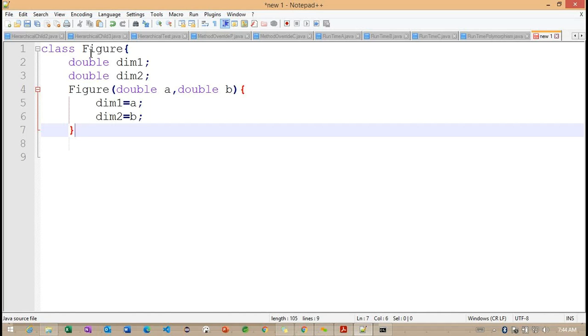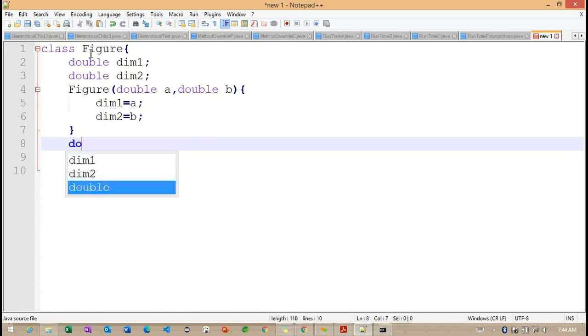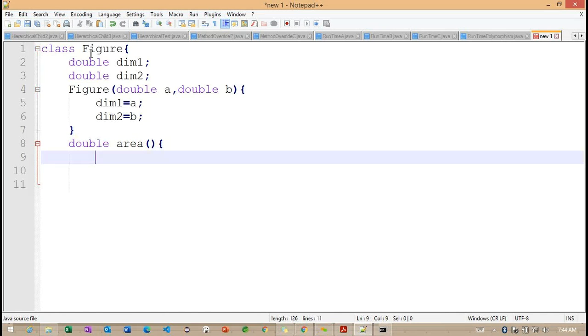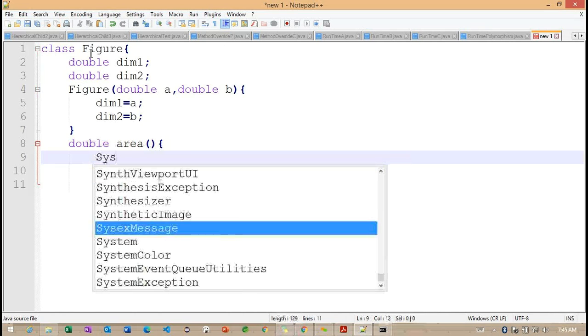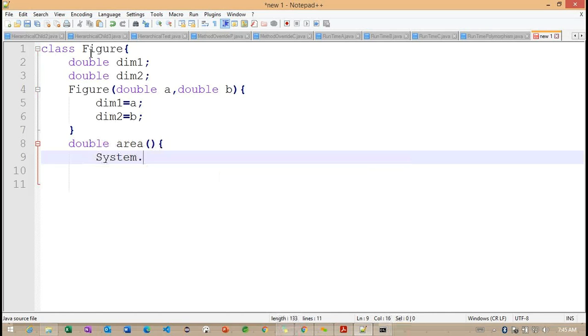Once we close this constructor, now I'm trying to work with one method here. You can see this method is trying to return some data. The name of the method is area.